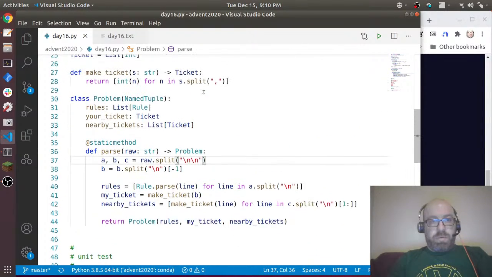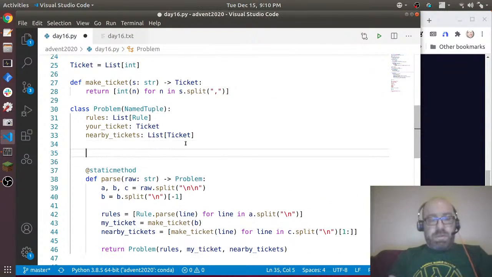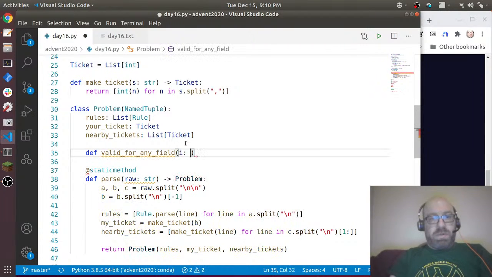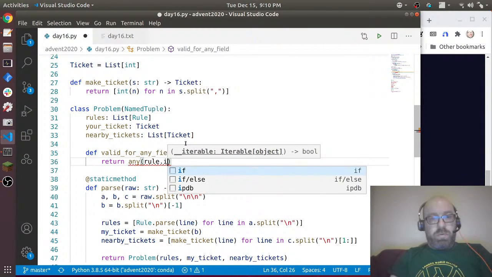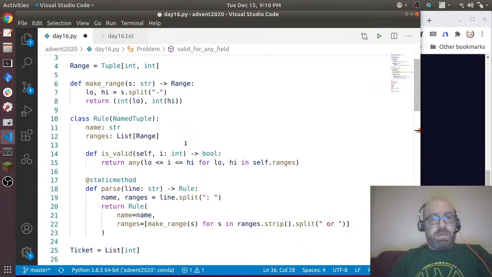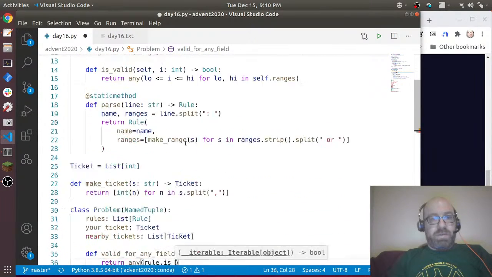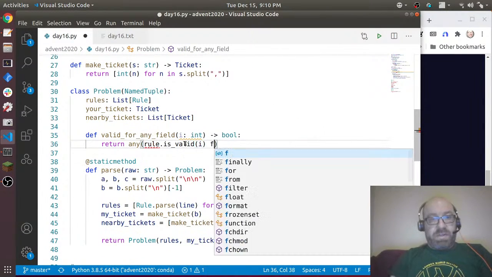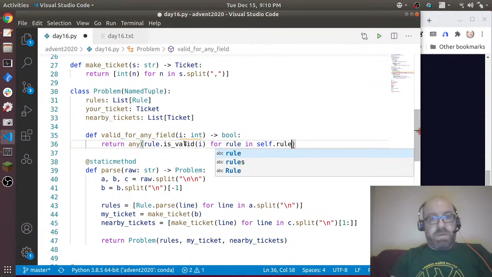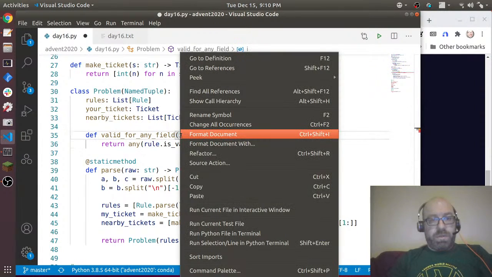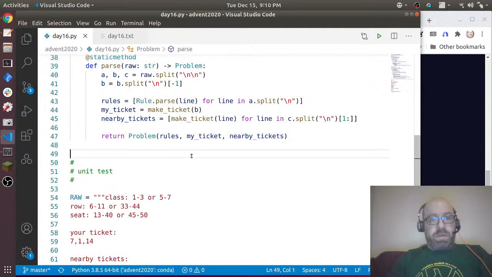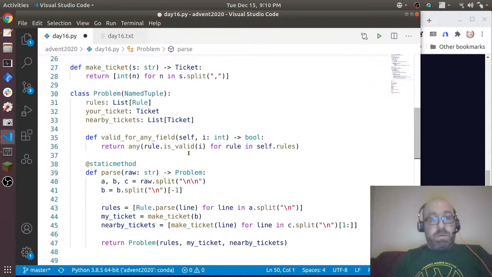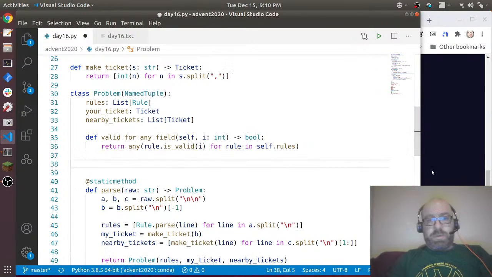Okay, so what I can say is valid_for_any_field(i), which is an int, returns a bool, and return any(rule.is_valid(i) for rule in self.rules), what I call it is valid, yeah. And so I need to do a self here. Okay, and finally I want to do